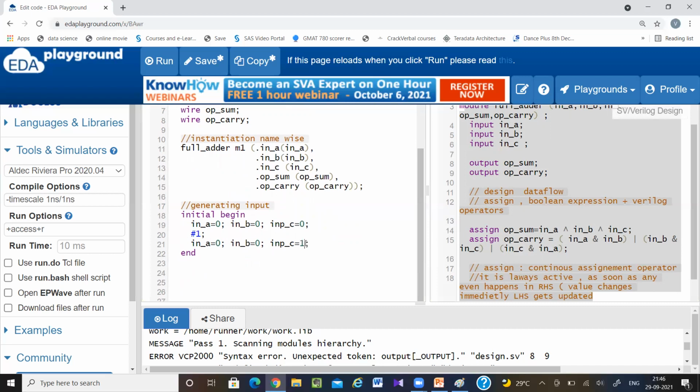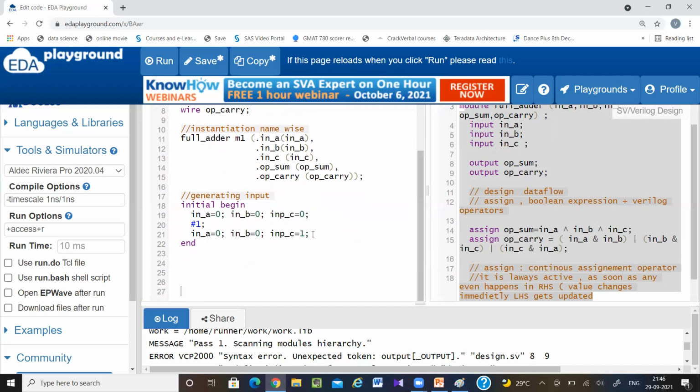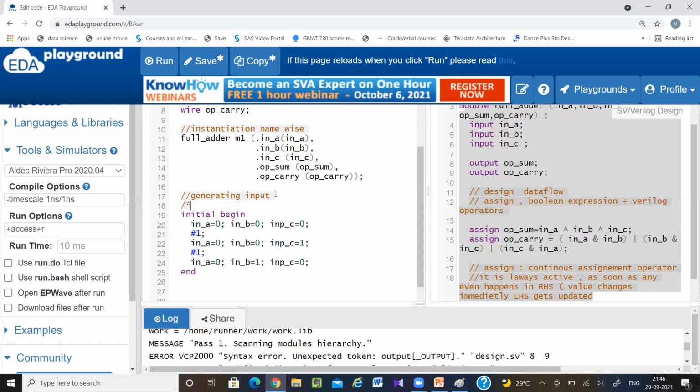So 0, 0, 0, 1. Then again #1 delay. Like this, I can write as many things as I want. This is one way of writing it. It is a somewhat lengthy way, but you can manually write these things, that is not a big deal. So I am commenting out the whole block.